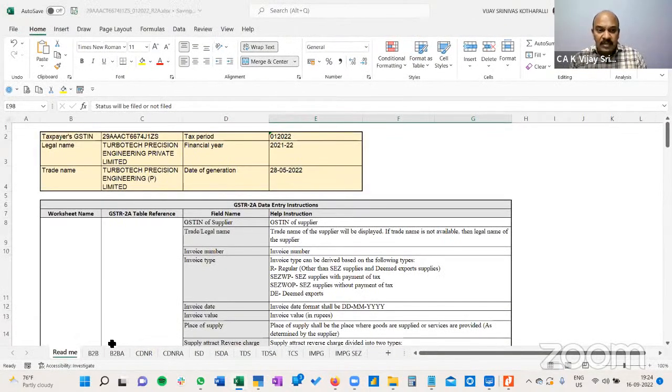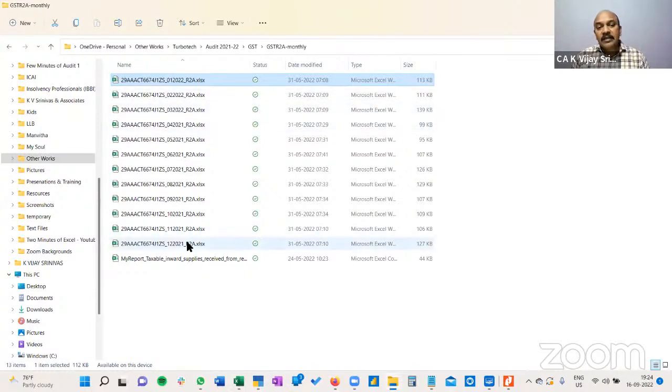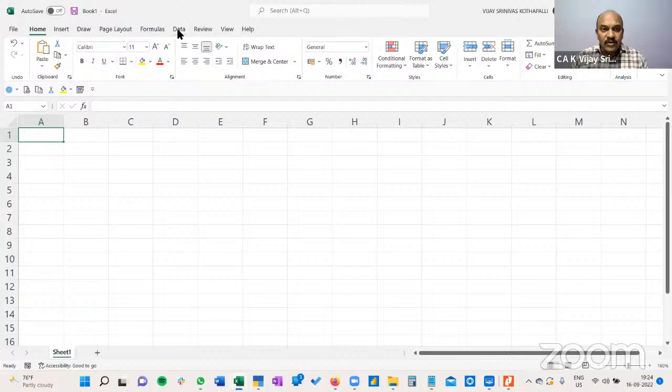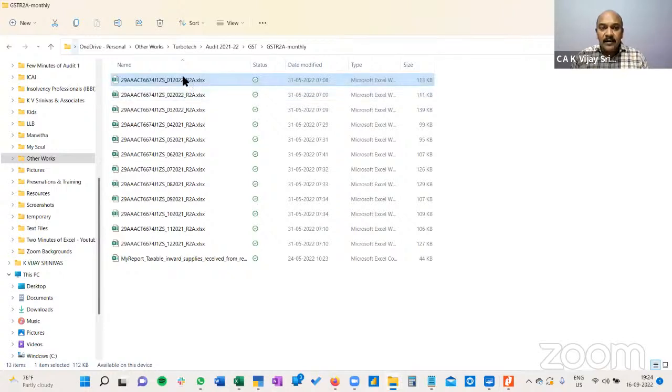The problem with this particular GSTR 2A is you will be able to generate it, but only in monthly format, not as a consolidated one for the entire year. So I'll just share a simple tip for getting a consolidated version before we take up the questions. Here, these are the multiple files which we have imported. What we can do is open up a new Excel and connect with the entire folder of those GST files. The beauty of this GSTR 2 is everything is properly fixed in terms of delimitation,